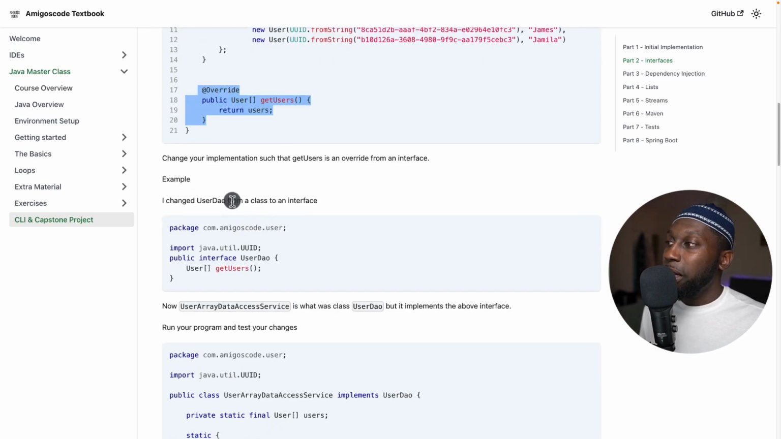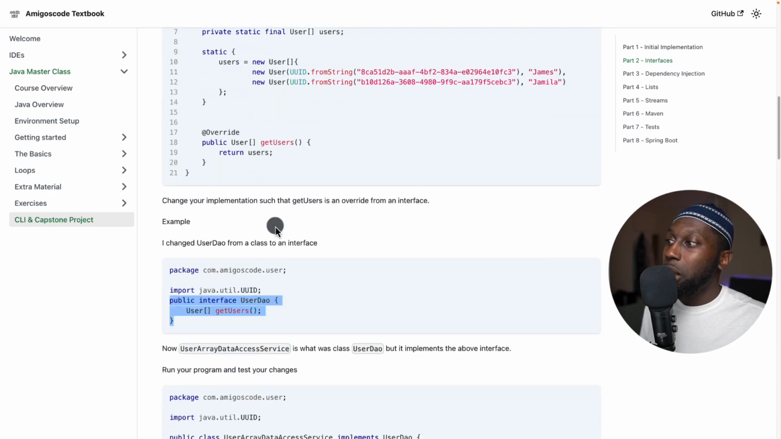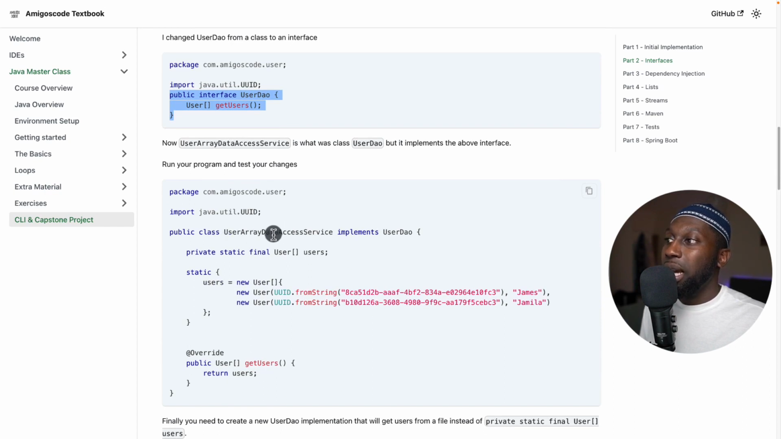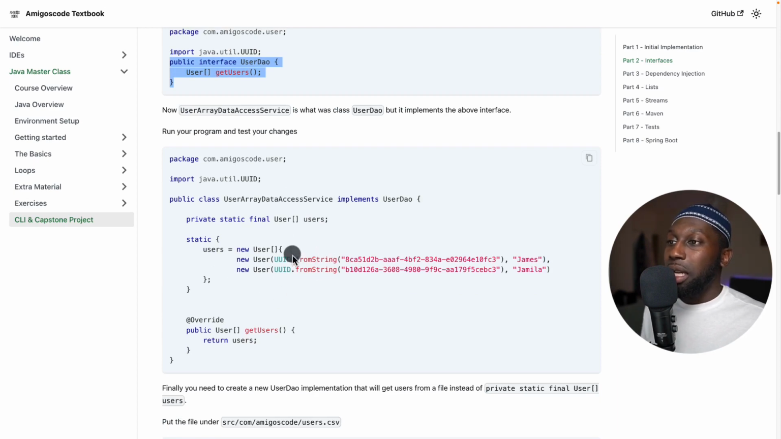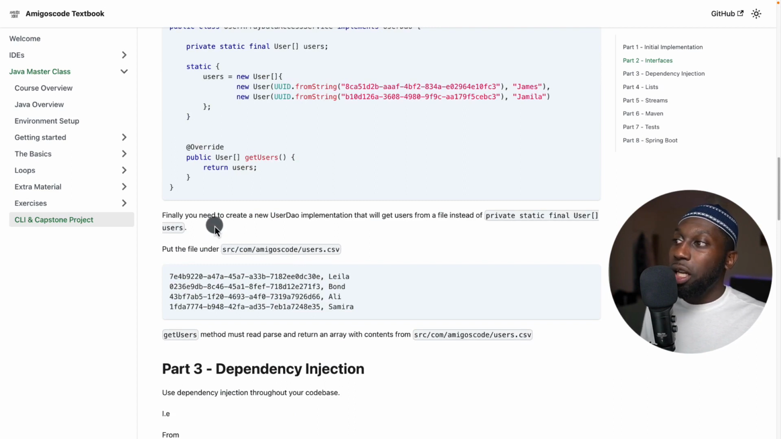So here I've left some steps for you to follow, but basically this would be the interface. Have a look. So interface UserDAO. So the interface is UserDAO, and then I rename the class to implement. So have a look. So now the class is named UserArrayDataAccessService implements DAO. So do this as you saw, the benefit of interfaces, and make sure to change your code to interfaces